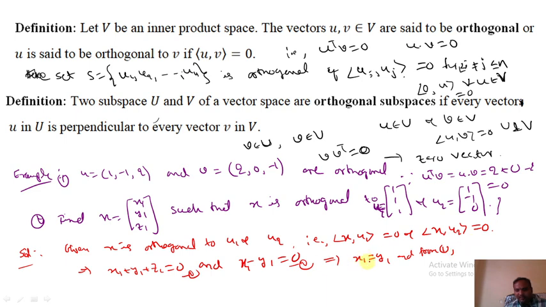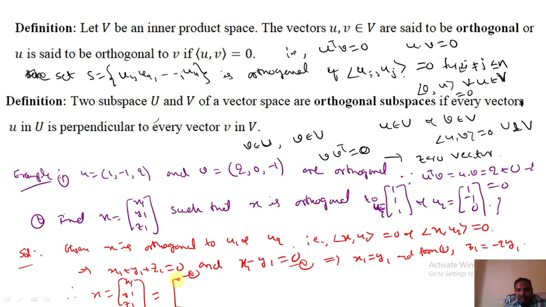Taking one free variable, x1 or y1, with x1 equal to y1, we get z1 equal to minus 2 y1. Therefore x, which is (x1, y1, z1), equals, substituting x1 as y1,